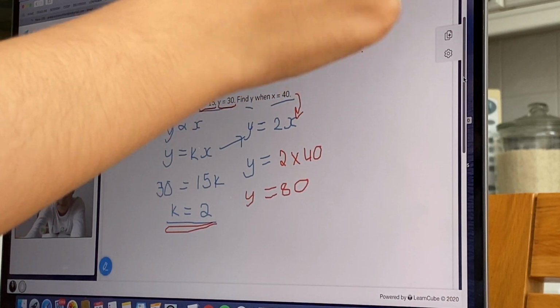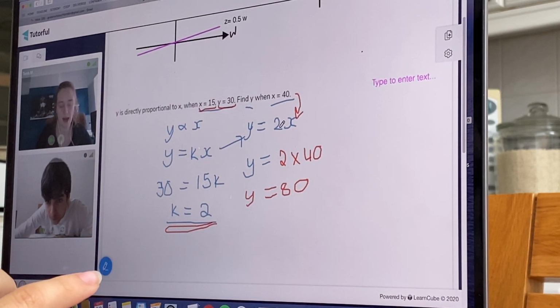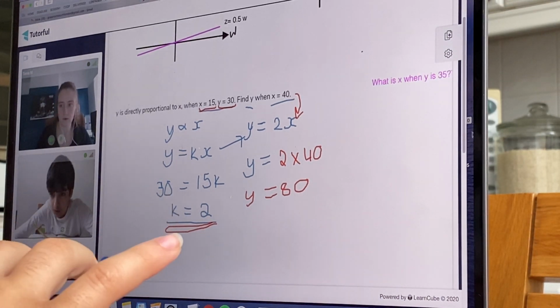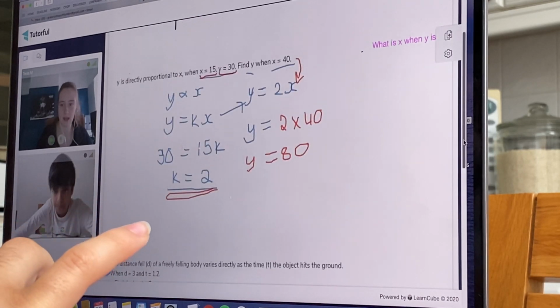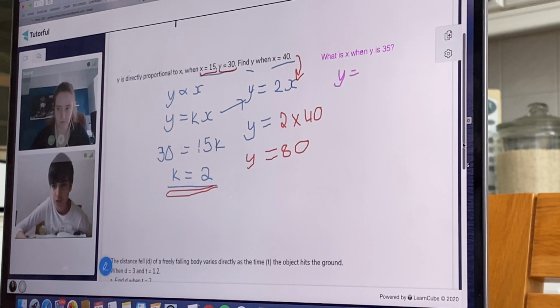Likewise, if you wanted to do this question, you could then say, what is x when y is 35, let's say? Hang on, I'll just type it. I just wrote it next to it in pink. Let me scroll down. Okay, what is x when y is 35? X will be equal to